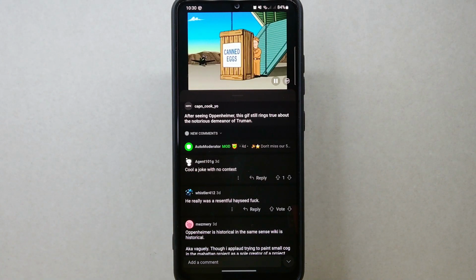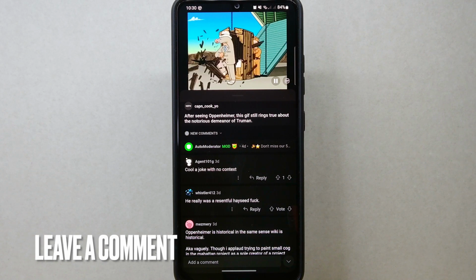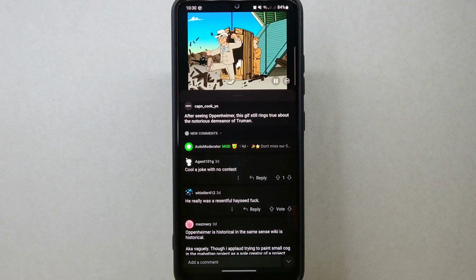There you go. If you wanted to know how to change default comment sort on Reddit, that is the easiest way I know how. If you know another way to change default comment sort on Reddit,